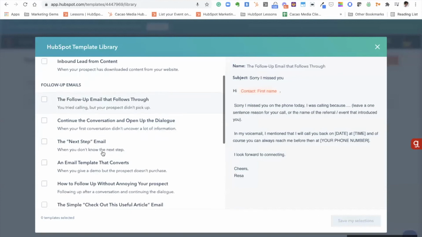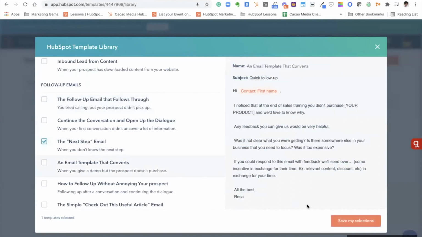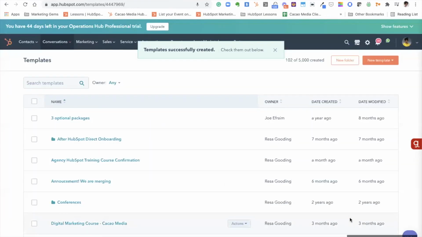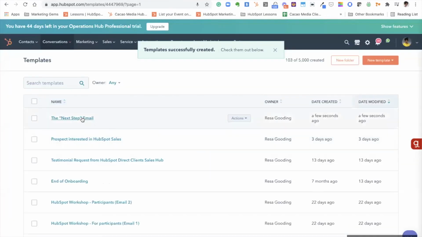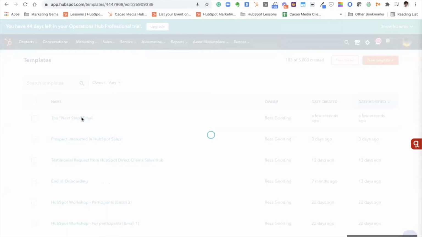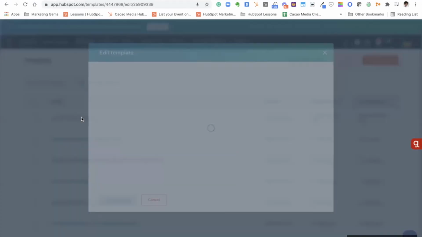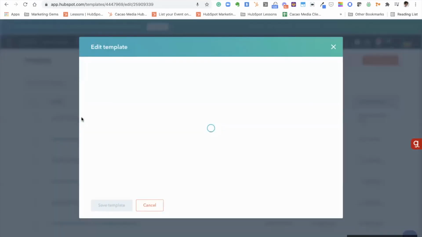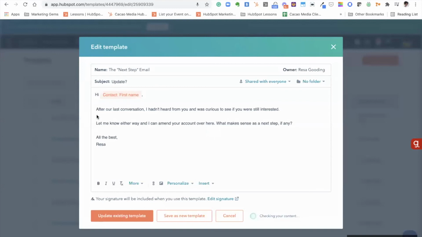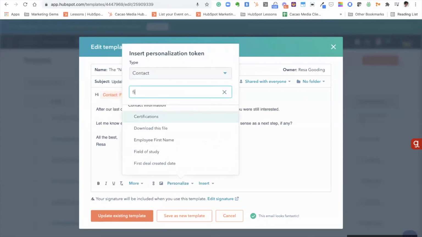So let's say I would like to have a next step email with a prospect. You can see that I have a template here, and I will click on save to my selections and it will come to my portal. Once I click the next step email, I can edit it as I wish. Now notice I have things like the first name. How do I get this here? It's because I clicked on personalize and I looked for first name, and it shows the person's first name,